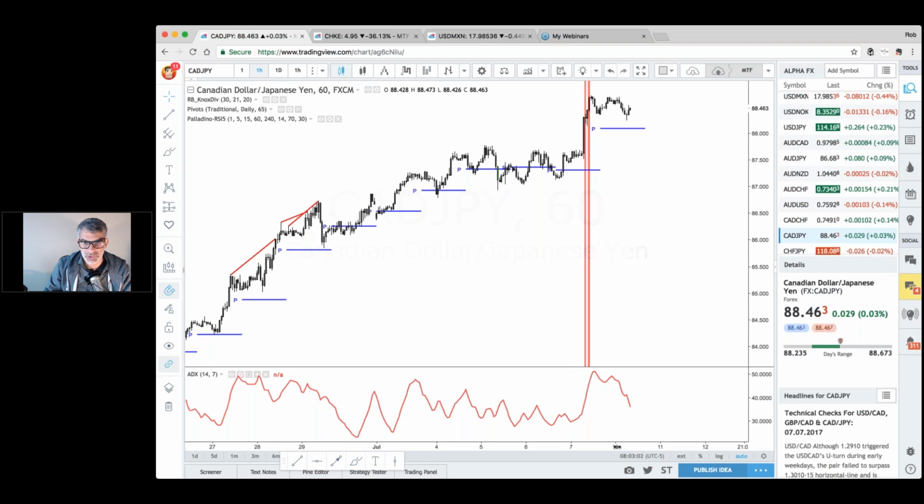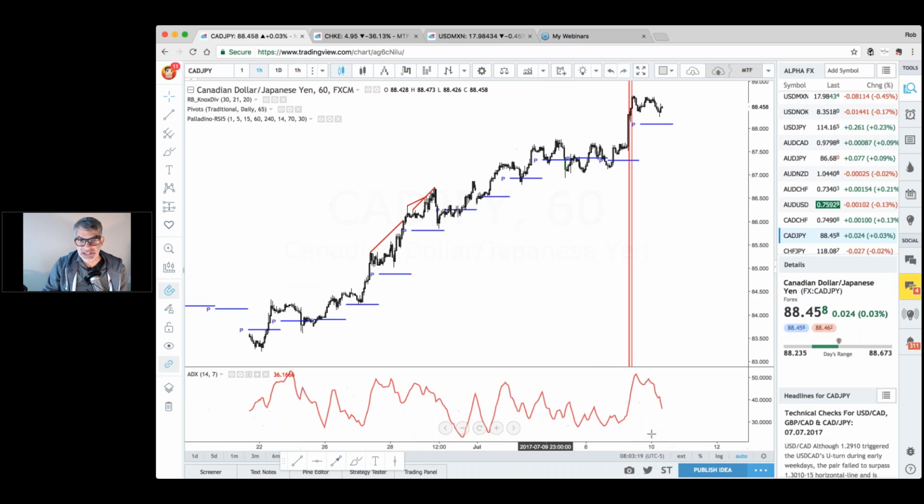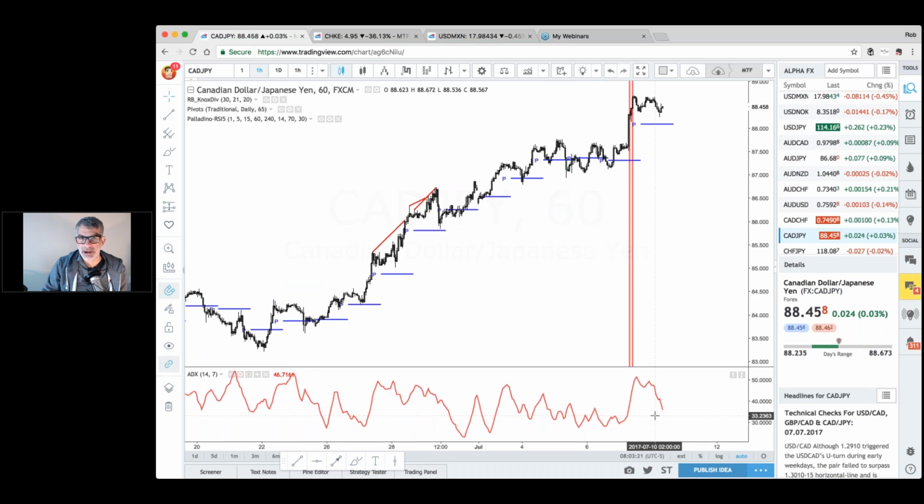Now, zoom in here and check this out. This was overbought on the 1 minute, the 5 minute, the 15 minute, the 1 hour, and the 4 hour charts, all of them. And that is an early warning sign that this financial instrument wants to reverse. Now, look at this trend. This has been a beast of a trend, just out of control, super giant trend.